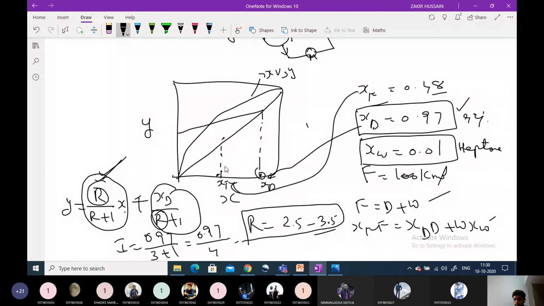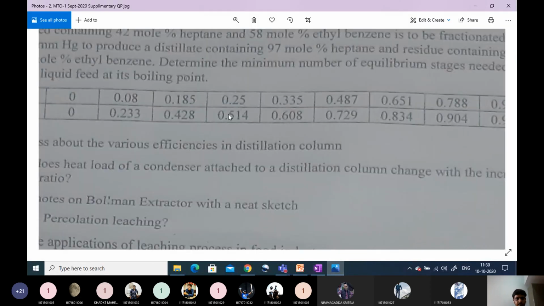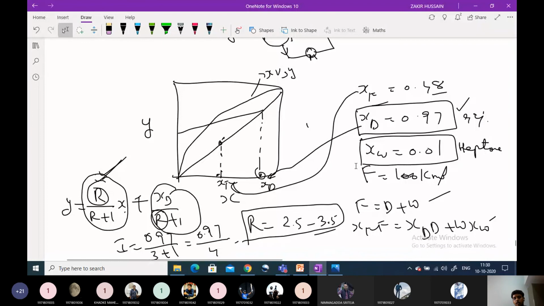Here it will be projected up to this line, and after this they may give the feed conditions. Yes, feed is at its boiling point. Boiling point is also wrong. When there is a mixture, we can't call it boiling point, it is called the bubble point. So no problem when it is given as boiling point, but it is supposed to be given as bubble point. When feed is at its bubble point, q is equal to 1. We know that. For q equal to 1, this is the feed line.